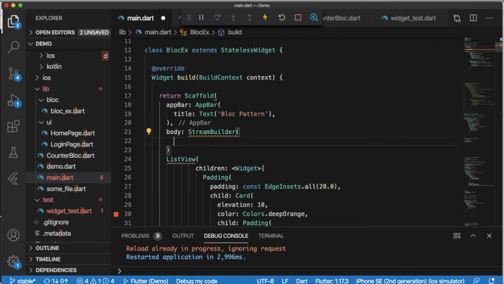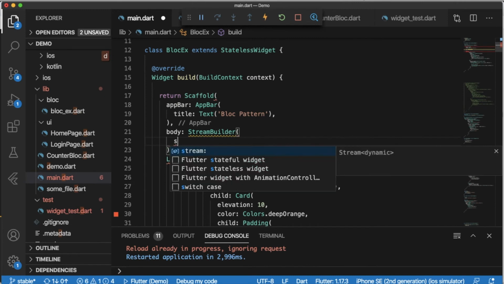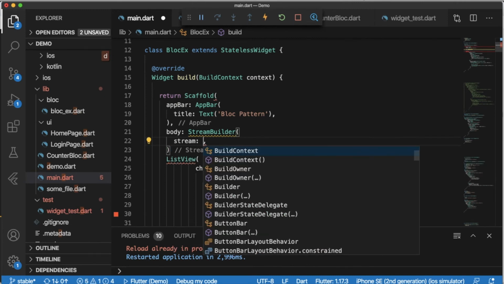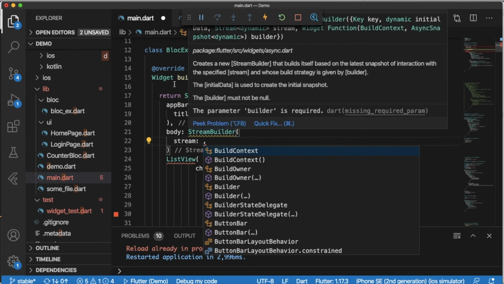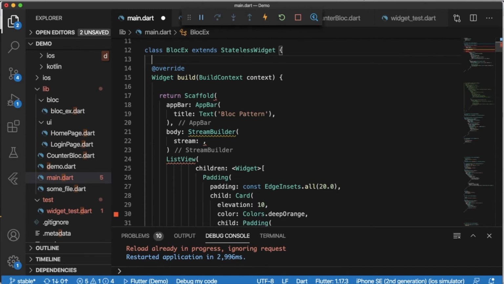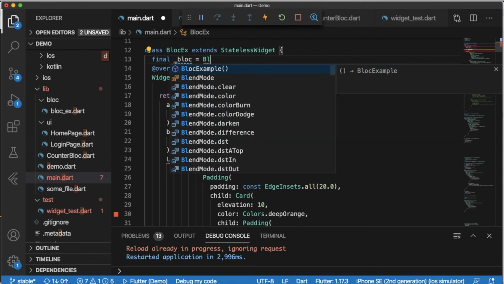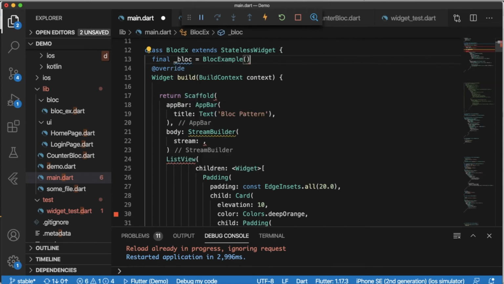Stream builder has one property with the name of stream, and here we will pass a stream object that we have defined in our block class. Okay, so for getting the block parameters or methods, first we have to create a block class object here. So I will create a block class object. Block is equal, what was the name, block example.